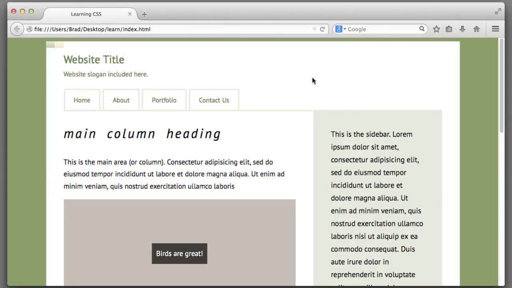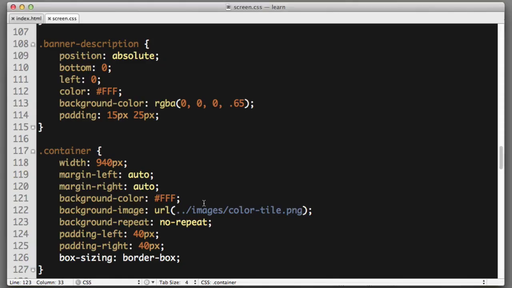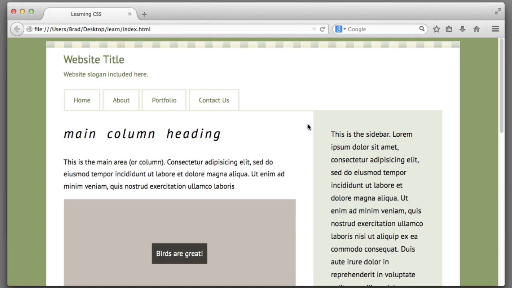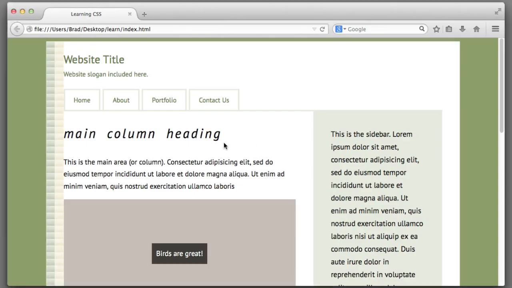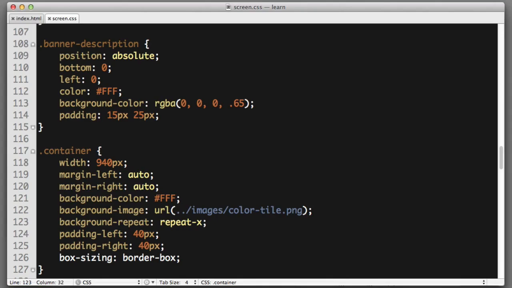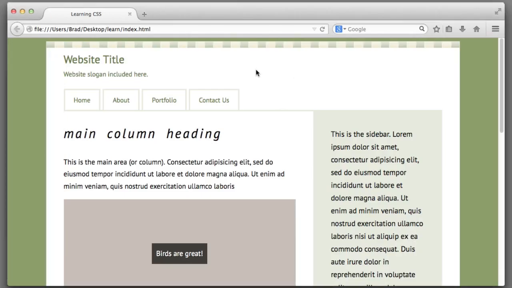Much better. However, I did actually want the image to tile or repeat horizontally, just not vertically. So to achieve that, instead of no-repeat, we can specify repeat-x. So this will tile the image along the x-axis or horizontally. Perfect. And if we wanted to tile the image only vertically, we could say repeat-y. However, that's not what we want. That's not the way I designed the image to work. So repeat-x. So this is the visual effect that I was looking for, a horizontal strip of alternating green